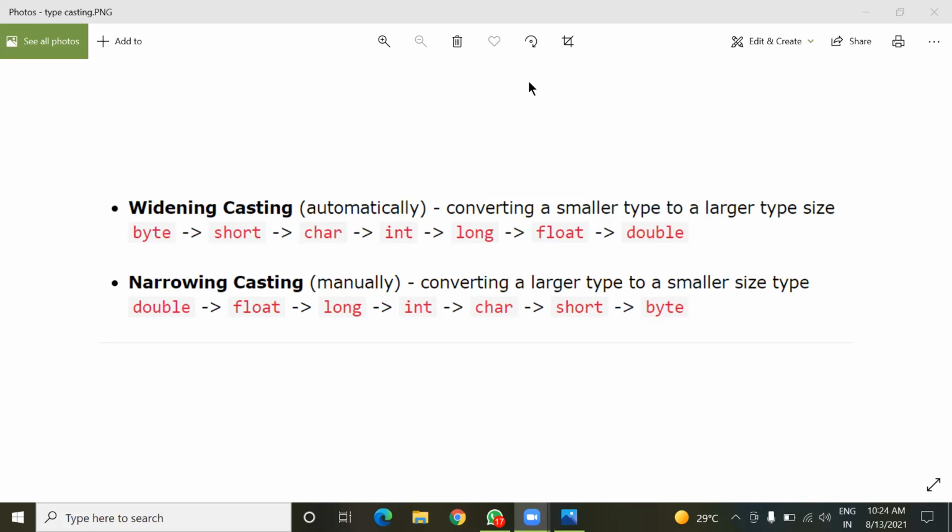So it means in that case we have to narrow down some space so that it will be stored there. It can be stored only if we narrow down some of its portion. It is called narrowing casting, and it is always done manually. Means it is done by the programmer. And do you know now how to do this? Means what instruction we have to add in the program in order to do this?